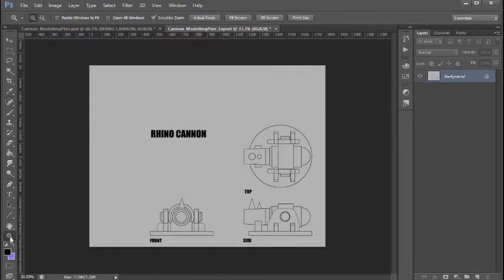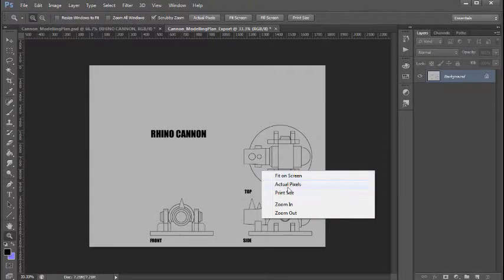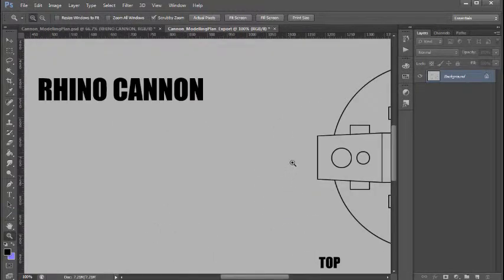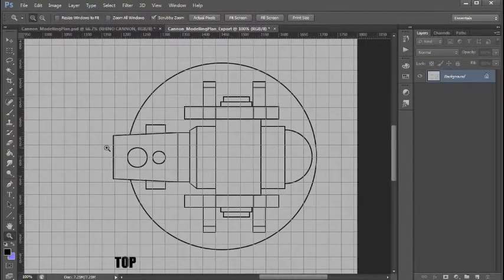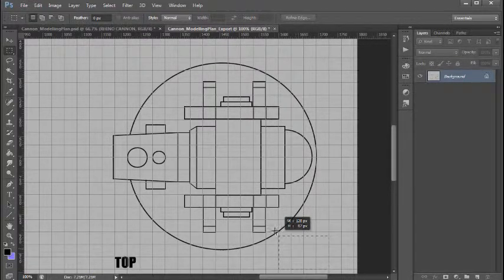I'm going to go back over to the zoom tool, right click and go up to Actual Pixel Size, and press Control and apostrophe again to turn our grid back on. So I'm just going to make a selection around the top view here. I'm going to take it one grid space to the right and 1.5 down here. Clicking to start a selection,